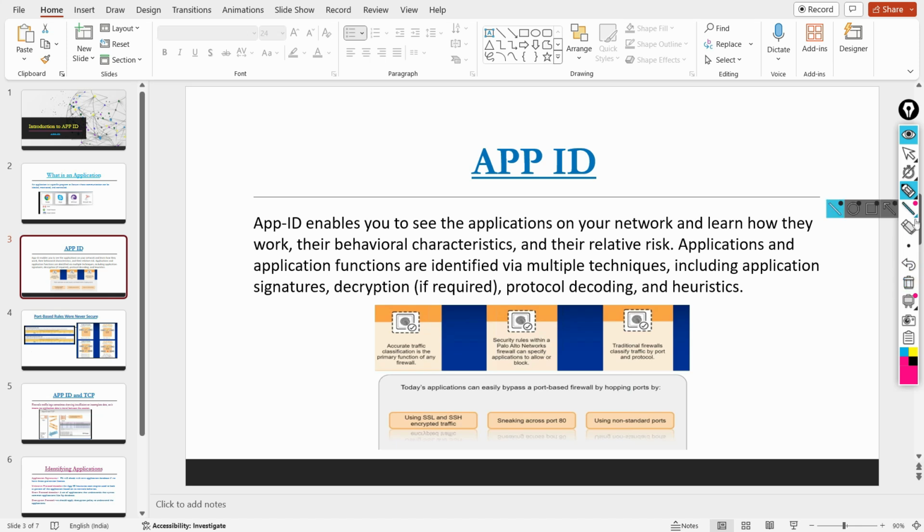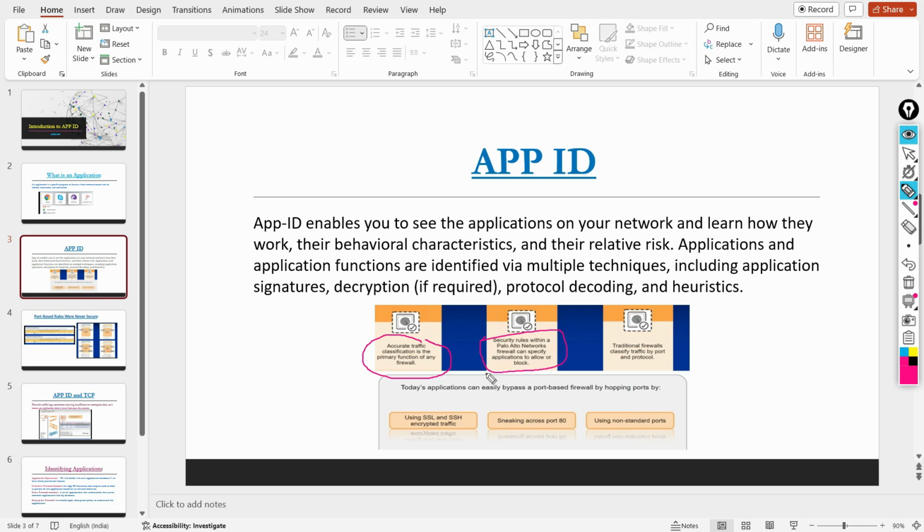If you look at the major functionality of the firewall, accurate traffic classification is its primary function. Further, security rules with Palo Alto Networks can specify the application to allow or block. It means that earlier, before App-ID was introduced, we used to allow using port numbers.